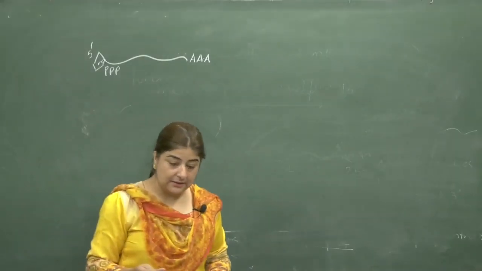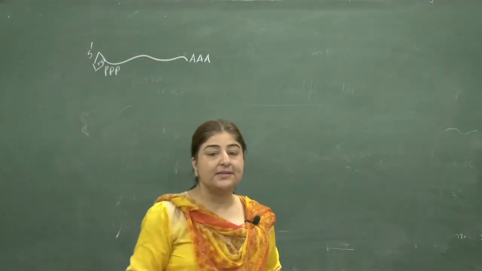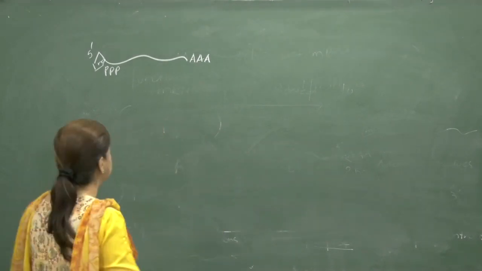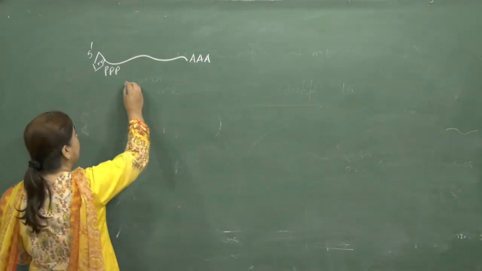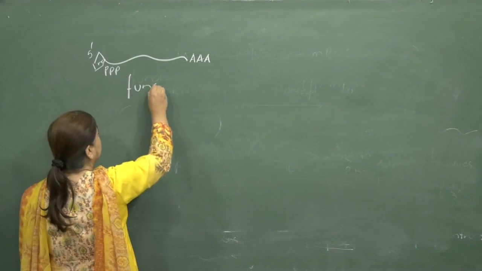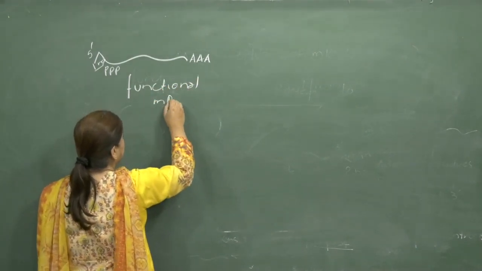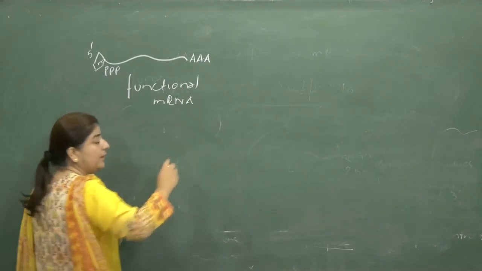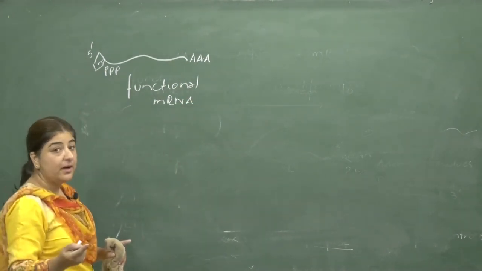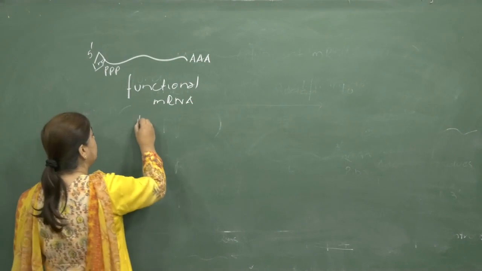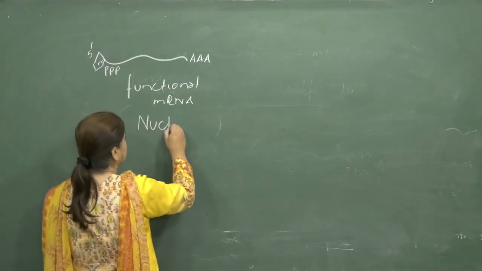Once this functional mRNA has been produced there in the nucleus, in the case of eukaryotes,